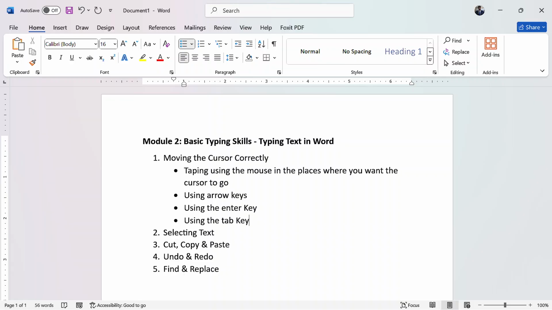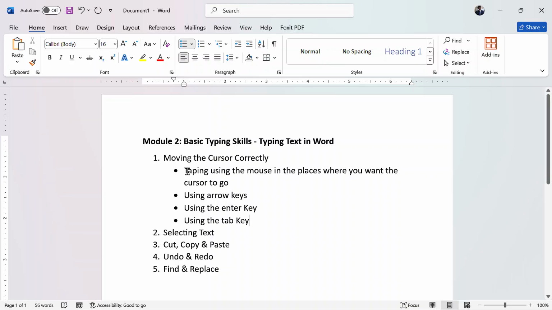The tab key is a key on the keyboard that has arrows pointing on either side. On some keyboards it has the word tab, and on other keyboards it doesn't have that word written on it. So when you're looking for it as you're typing, you can find it on the left hand side of your keyboard, just above the caps lock key.